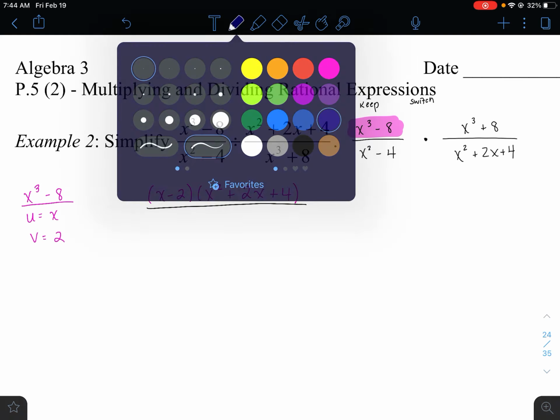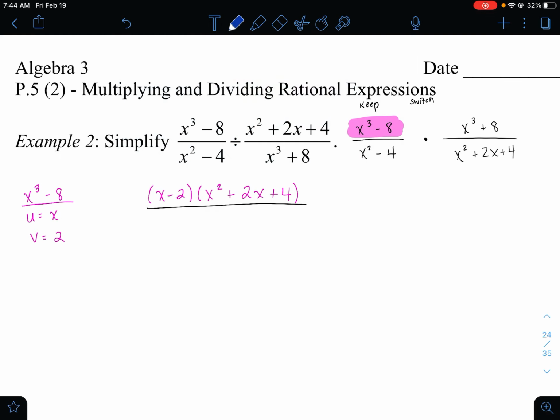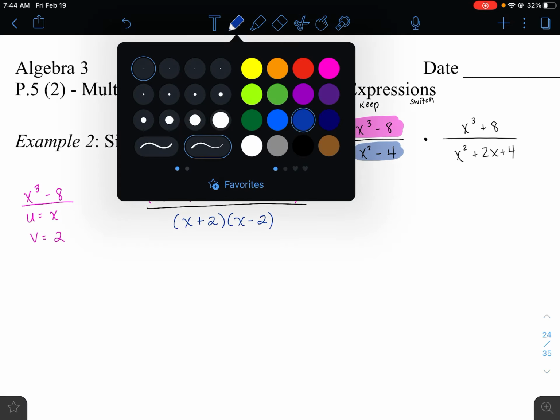The denominator, let me get a slightly lighter color. I keep doing that. This is difference of squares, which a lot of you are more comfortable with. So that is going to be x plus 2 times x minus 2. Multiplied by